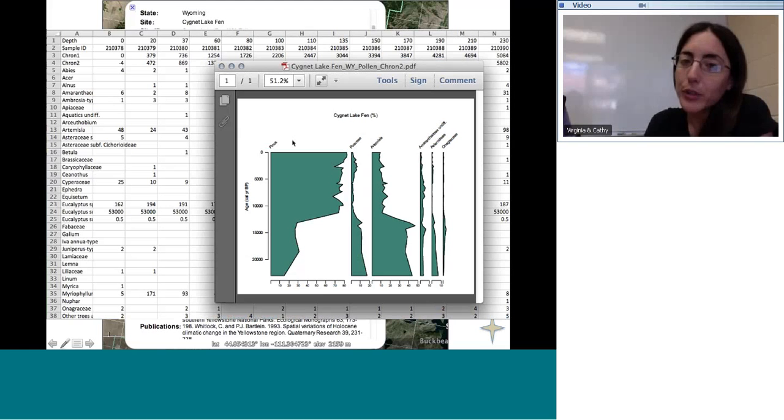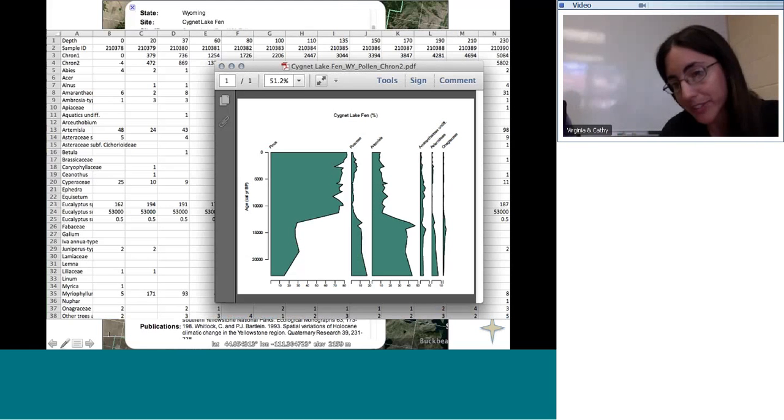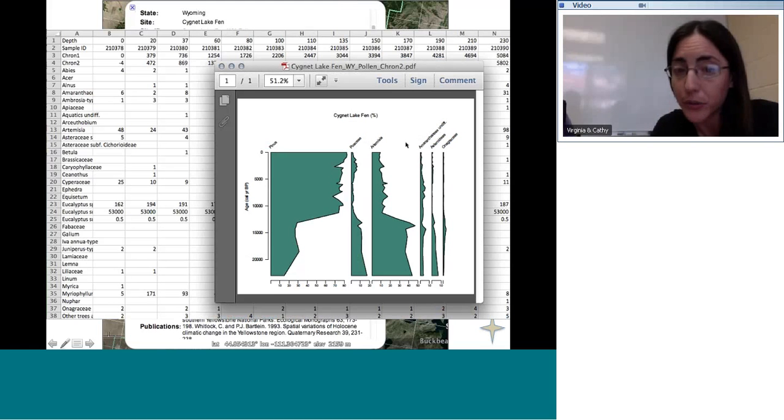So here in this PDF, we can see a pollen diagram. A pollen diagram consists of different species plotted on the x-axis. Pollen data are often expressed as percentages. So the x-axis represents pollen percentage for each taxa, pine, poaceae, artemisia, and so forth, expressed as a function of